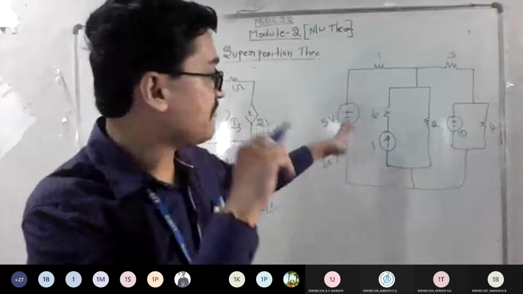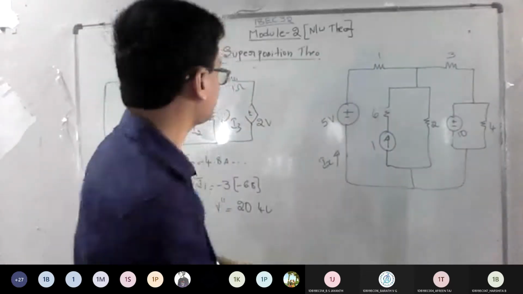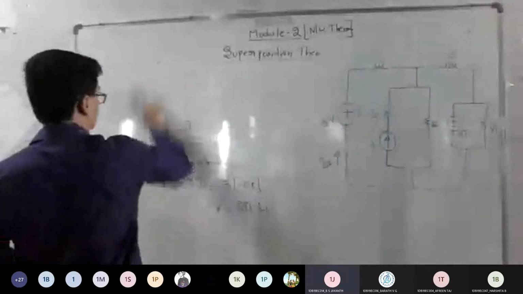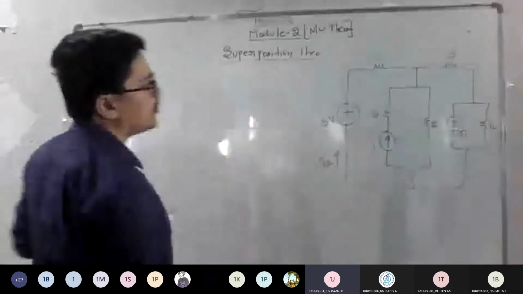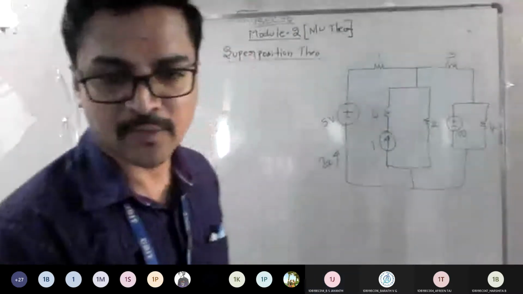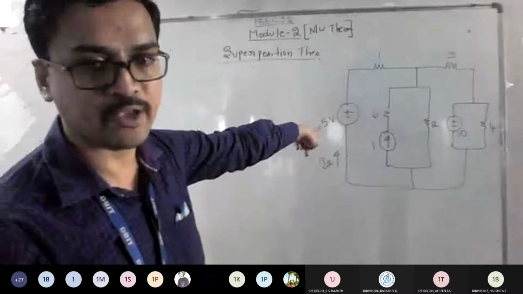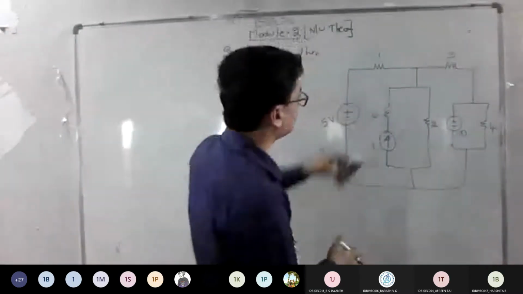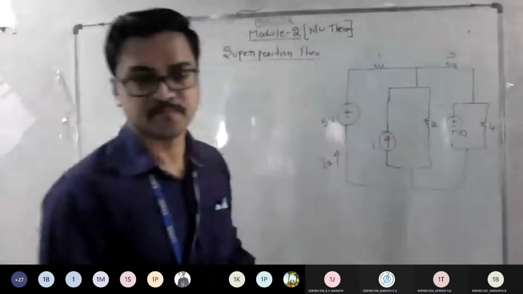Okay? Same way, coming to the theorem problem. How many sources do you have? 3, sir. 3 sources. Good. So there is no concept of a dependent source in this problem, so you can go straight ahead. You can make the 5 volt active, which means the 10 volt becomes short. Before that, you need to rearrange the circuit. So the 6 ohm is gone.